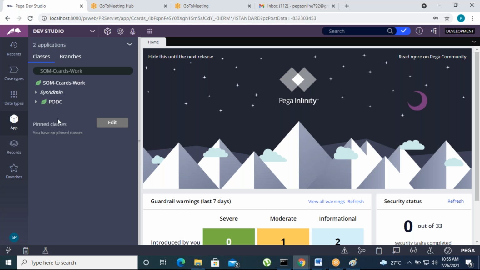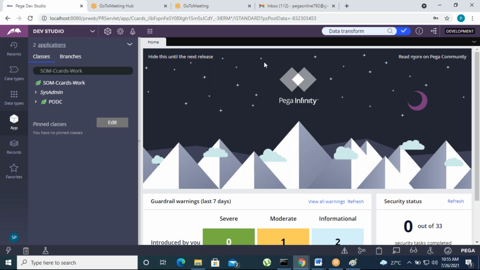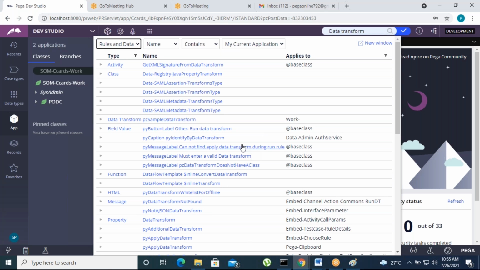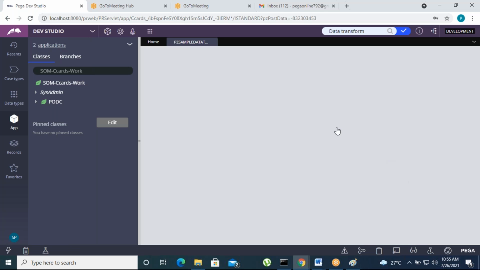First of all, I will show you what types of actions there are in data transforms. Open any data transform here.